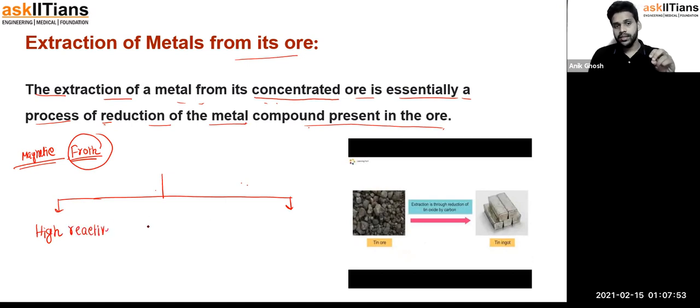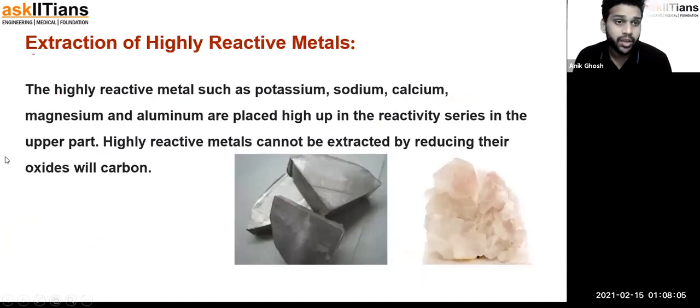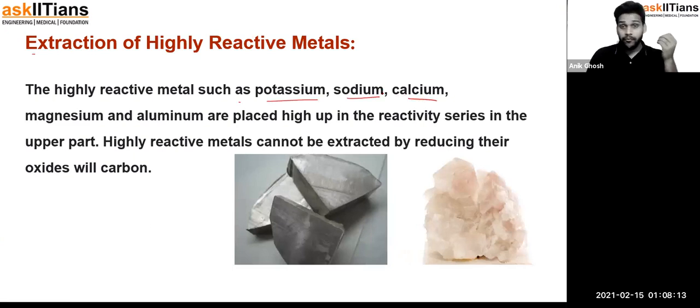The second is for the moderately reactive metals. And a third one is for the low reactive metals, okay? Now, we would start the class with the highly reactive metals. The highly reactive metals such as potassium, sodium, and calcium, and you know about them. If you have gone through the metal activity series, you know that potassium, sodium, calcium, they are the top three